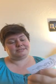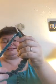So this is 70/30 superwash and silk, 440 yards. The recommended size for this yarn is a 1 or 2 needle, but I cast it on with a 16-inch size 5 triangle needle, and it seems to be going more smoothly than it was on the other needle. But I think I'm going through my yarn